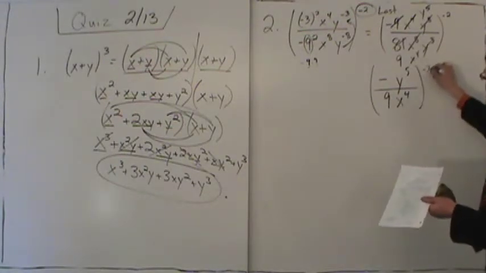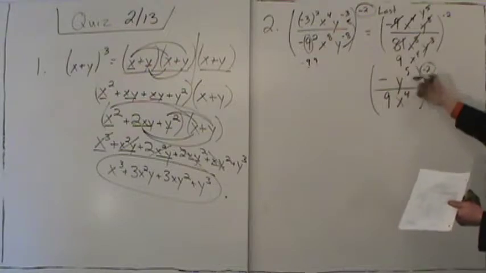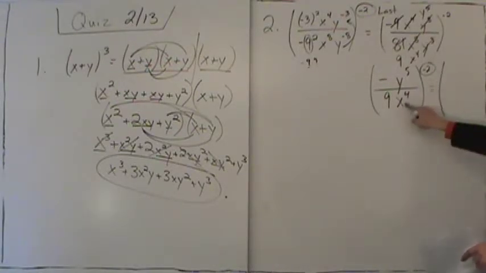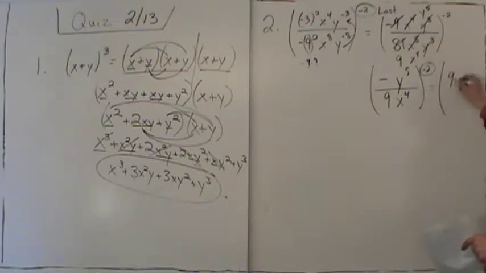And now negative exponent on the outside. Negative exponent on the outside means now take what's inside and flip it. When we flip it, nothing changes on the inside. Just flip it. So the 9x to the 4th is now on top, and the negative y to the 5th is now on the bottom. Okay? All this to the, now we flipped it, exponent changes from negative to positive, and now we square everything